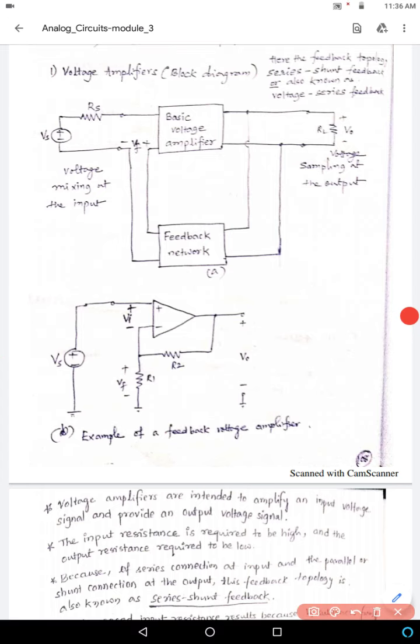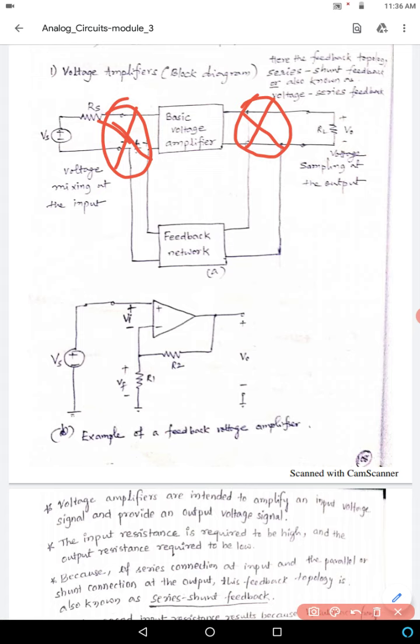If you thoroughly understand this one diagram, it will be helpful for the remaining three, so you can concentrate on this. This is the overall structure, and for the remaining three the structure remains the same. The change is that sometimes instead of voltage series it will be voltage parallel, sometimes current series, current parallel. These are the two points you can change for the remaining three types: the transconductance, transresistance and current amplifiers.